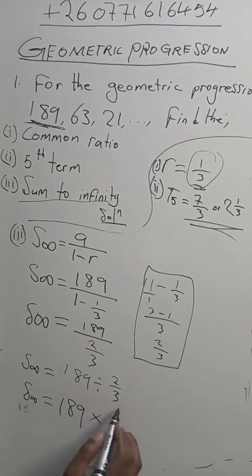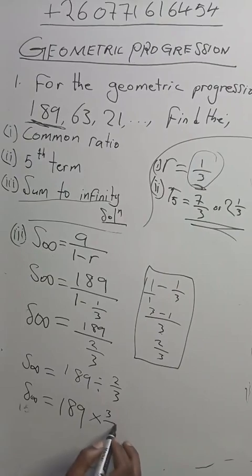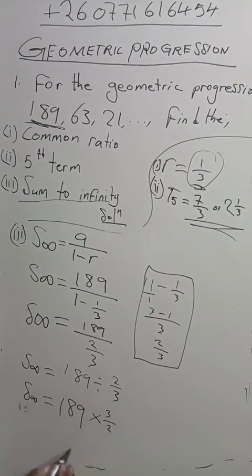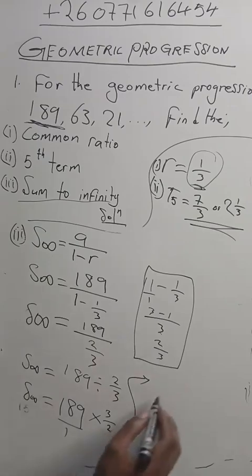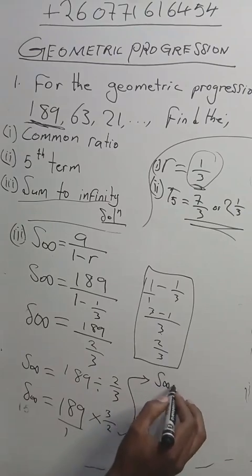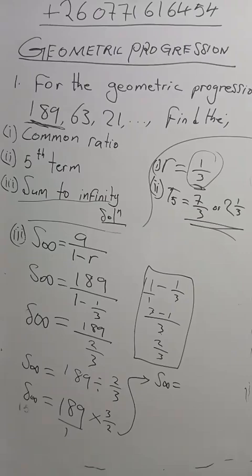You change this sign, then you put 3 here over 2. Okay, so you can put over 1 there. Then bring your answer like that. Multiply 3 times 189. We get sum to infinity is equal to